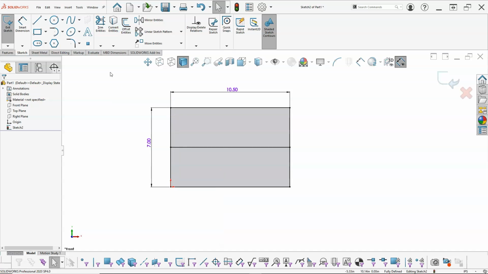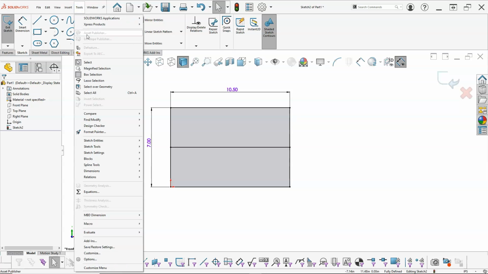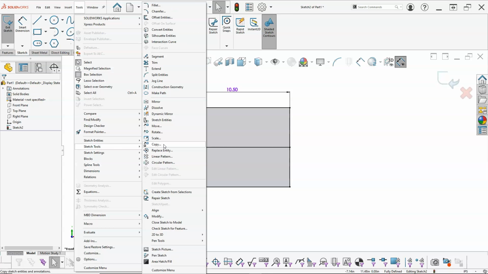Oh, I did open up SolidWorks 2020, which we can verify down here in the bottom left corner. So you might notice a little difference between this and the previous videos, but for the tools that we're using, I don't expect there to be a whole lot of differences. Alright, so into the sketch tools, and above trim we have segment,